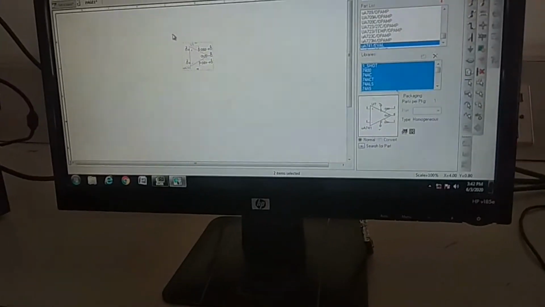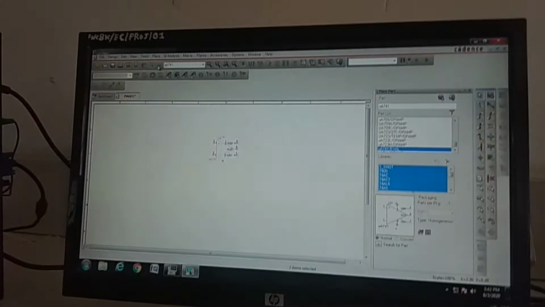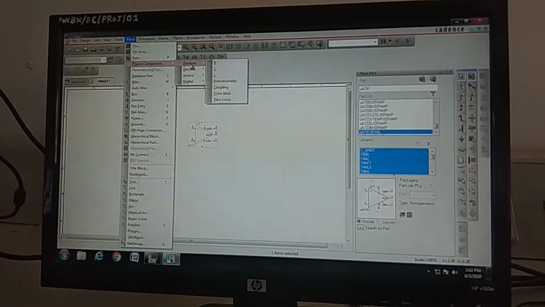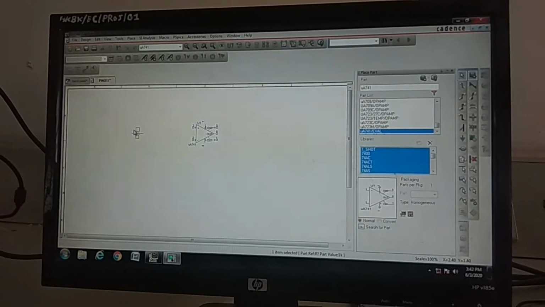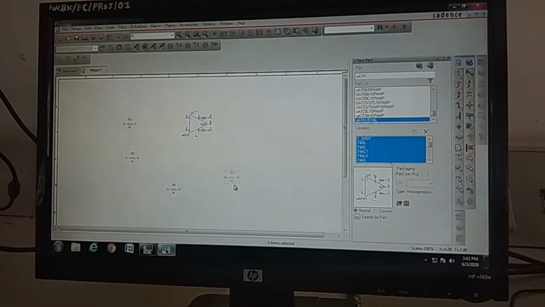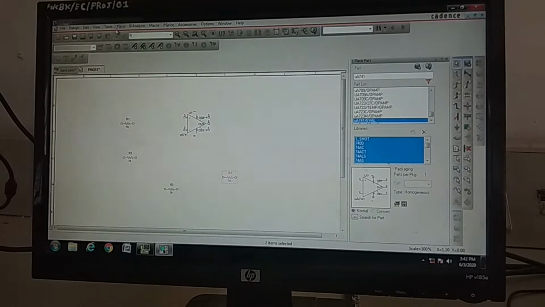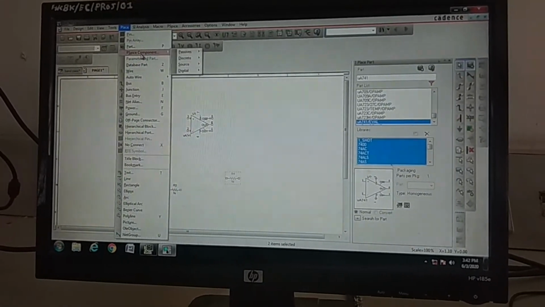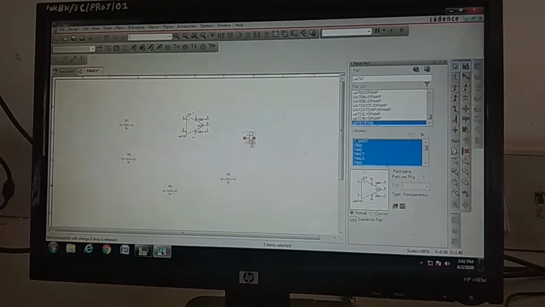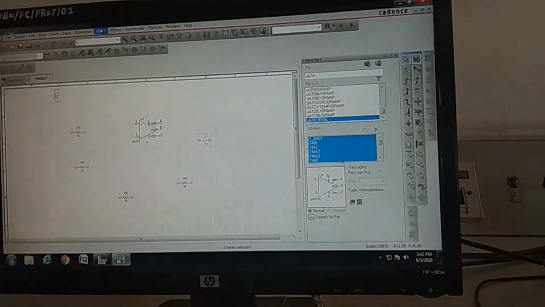Then you require 4 resistors. Go to place PSpice component, passive resistors. We require 1 capacitor. Again go to place PSpice component, passive capacitor. Then you require a supply.